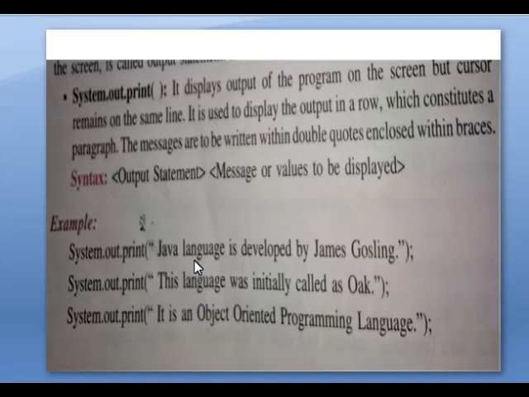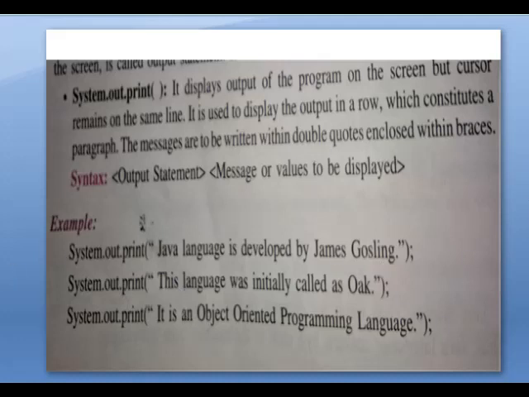So first it will display Java language is developed by James Gosling, full stop. After the full stop, this sentence will start: this language was initially called Oak, full stop. After that, it will display it is an object-oriented programming language. Here we have written them in individual lines, but the output will be displayed in the same line.